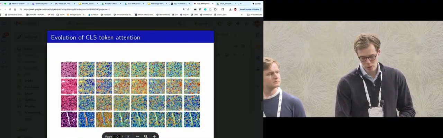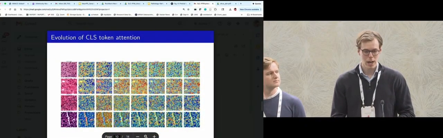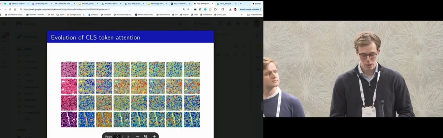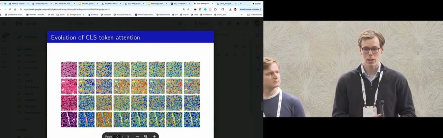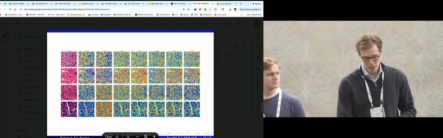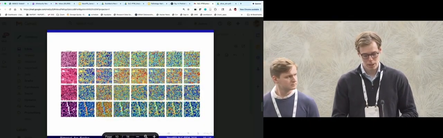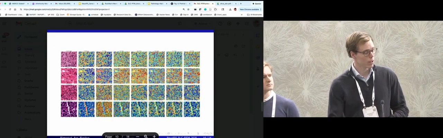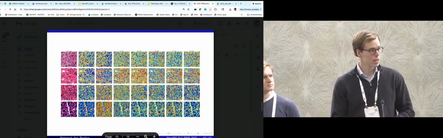We also tried to kind of see how the model learned during training. So we plotted the cosine similarity of the class token and the patch tokens during training iterations. And as you can see here, the first column is the image. And then you have the first iteration, which is just random weights. And then you have